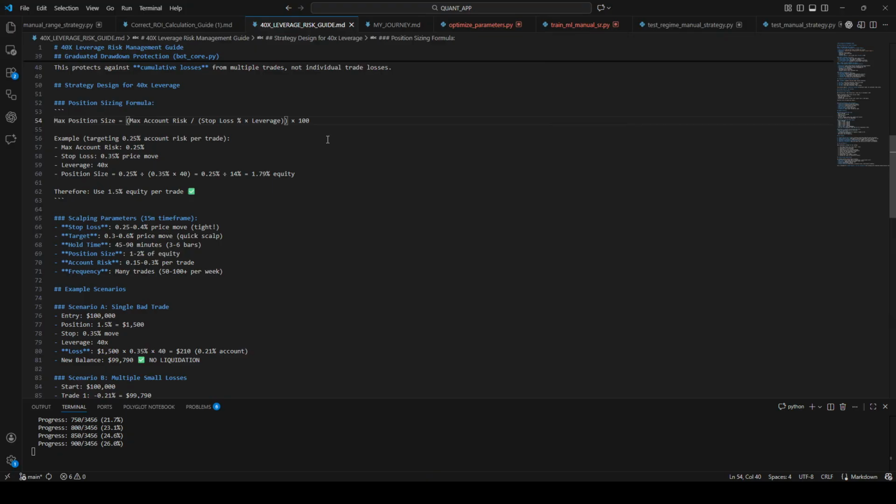Example targeting 0.25% account risk per trade: max account risk 0.25, stop loss 0.35 price move, 30x leverage, so that will be a liquidity of 1.79. Use therefore 1.5 liquidity per trade. So it's a simple position size calculation,